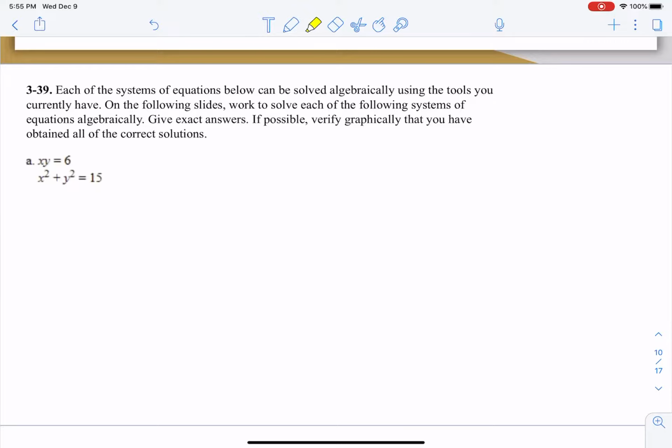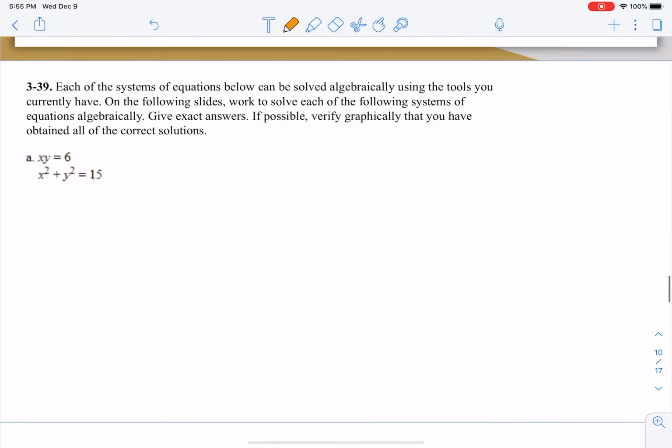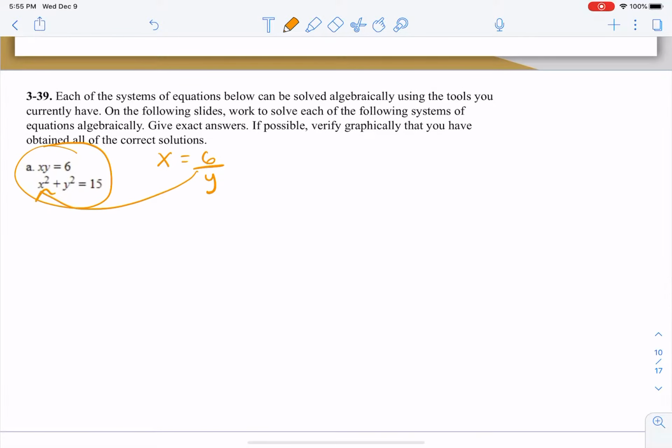Continuing to solve these systems of inequalities, or systems of equations, again, you have to think about either substitution or elimination. So we've got lots of options for each of these problems. I would start this first one by getting the x all by itself. So x is equal to 6 divided by y. So if I plug that into my second equation,